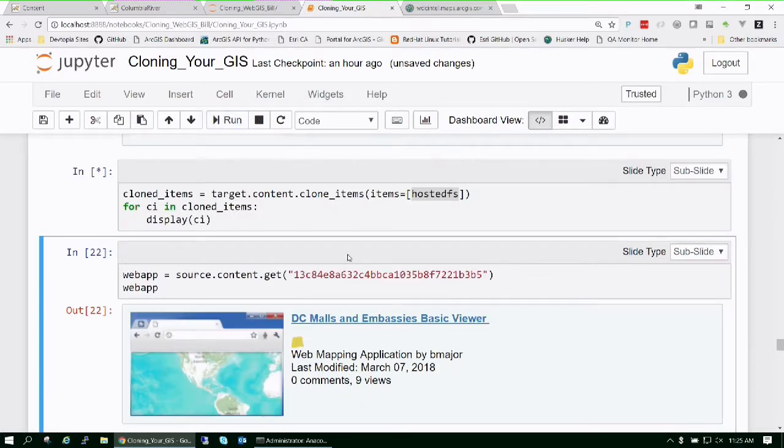All right, so let's run this thing. So remember that copy underscore data parameter, if you don't specify it, is true by default. So this clone method says, oh, that's a hosted feature service. I know that I can actually extract all that data and then move it over and publish it as a new hosted feature service on my target. So that's what it's doing right now. Wait for it. So it's basically bundling that up, moving it over, and when I finish here in just a second, I'm going to have a new